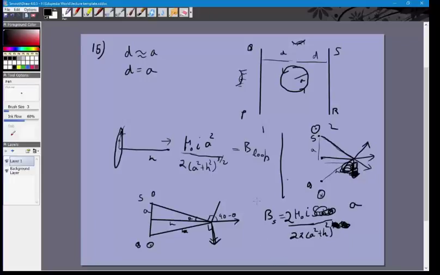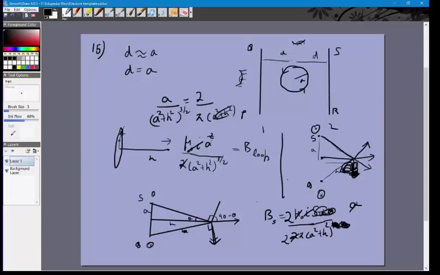Now these two things have to be equal, right? So we can just equate them. Mu naught I and mu naught I will cancel, and this 2 will, let's say, cancel with this 2, and what we are left with is we need to find the relation between h and a, right? So what we are left with is mu naught I, a has been cancelled, just a is left, so a by a square plus h square to the power 3 by 2 is equal to 2 by pi into root of a square plus h square, pi into a square plus h square, no root, sorry,